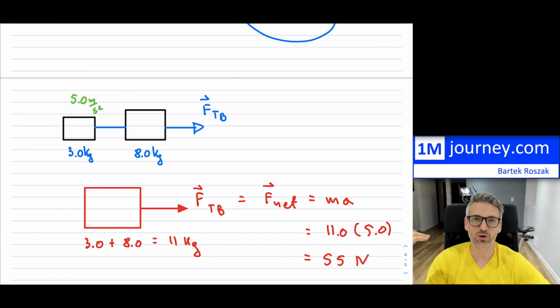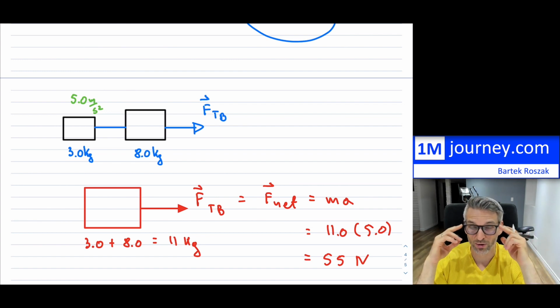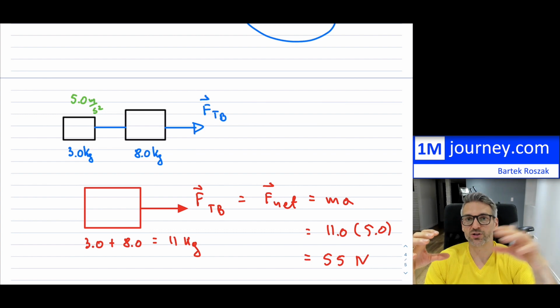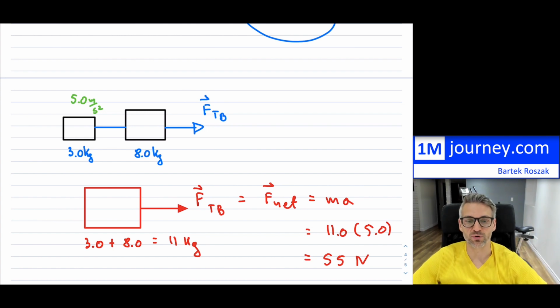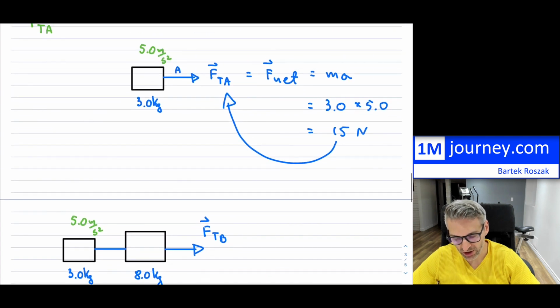So notice the tension all the way on the left, because it only has to be pulling one of those objects or carts or whatever that might be, is the smallest. And then the tension increases as you go along. So the more of these objects, or sometimes carts, if you're doing a locomotive type of example, the tension in the back is the least that you have. And then as you keep moving to the front, the tension increases because it's pulling more and more carts. So that's kind of the idea with regards to these and how you can connect